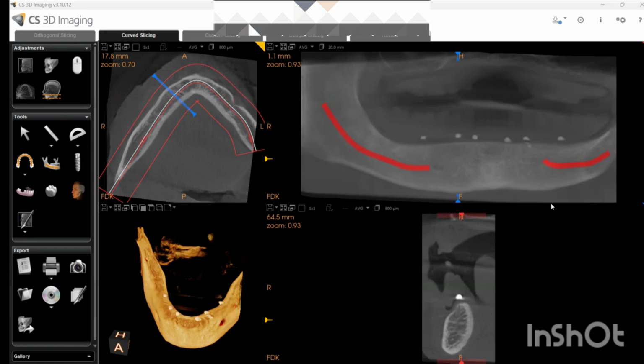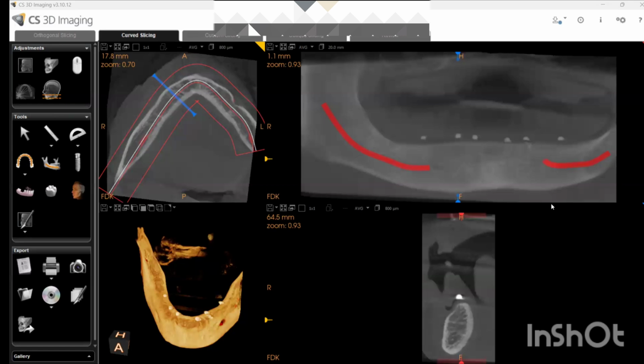We are going here for all on 6 implant. Now, what do we mean by all on 6? I'll tell you. All on 6 means that we will choose 6 sites for the implant placement. What will be those 6 sites? 4 will be in the anterior, that is your front region, and 2 implants will be in the posterior, that is your back region.